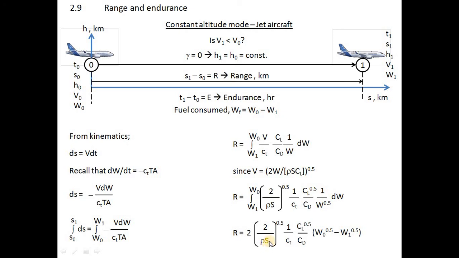And so for jet aircraft, you don't need a wing that is too big. No need to have big wings, just enough to lift it up. So to go far, that is why if you look at airliners, their wings are slim, the tips are slim. They are not so big compared to the body. Still big, but not as big as aircraft from the old days. Slim. And of course your specific fuel consumption must be as low as possible, but that is another problem, the propulsion problem. But for performance, fly at this condition and get the maximum range. So meaning that an aircraft that flies for a long time, with an aircraft